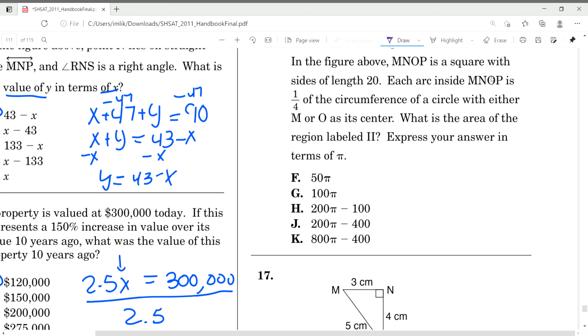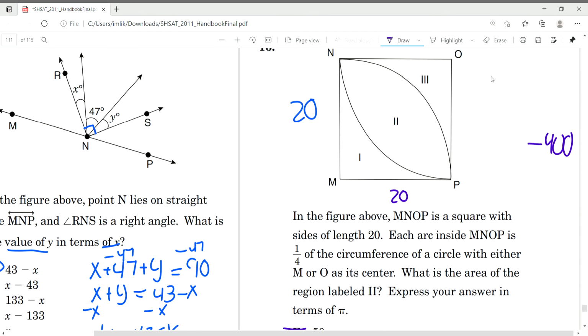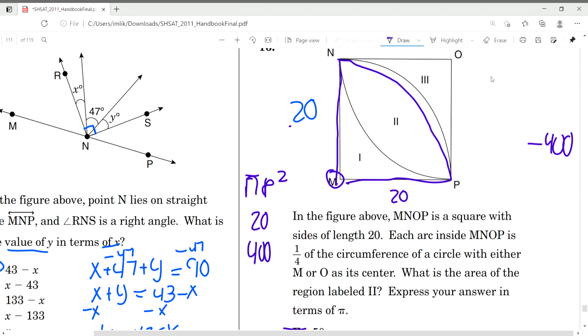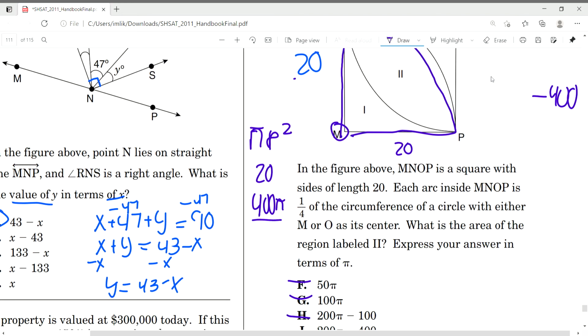So if we look down, we can immediately narrow it down to J and K. Next, we actually have to find the area of these two semicircles. They said M or O is the center of the circle. So if this is the center, 20 is obviously our radius. Area is equal to pi r squared, which is 20 squared times pi, which is 400 pi as our total area. Remember, this is 1/4 of a circle. We do 400 divided by 4, we get 100 pi as the area of